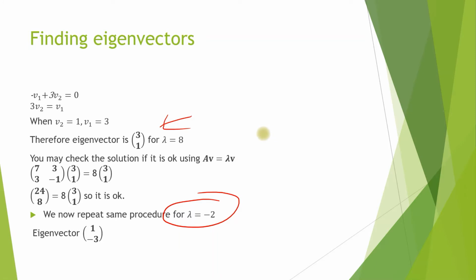You've got the first eigenvector for the first eigenvalue. You have to repeat the same procedure for the next eigenvalue, which was -2. And you will see that this time I got an eigenvector of (1, -3). By the way, you can check your solution if what you've done is correct